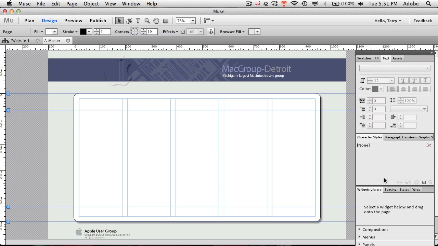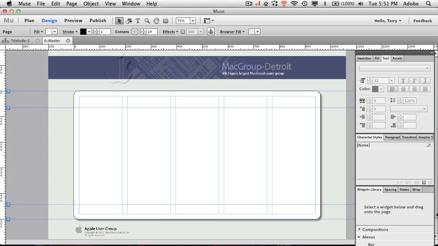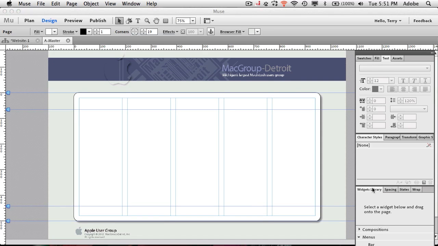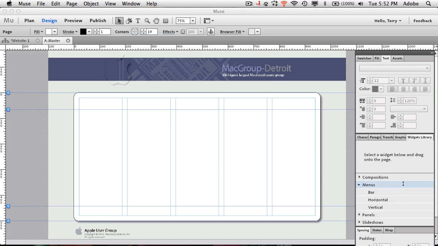Well, you have this widgets library, and in this widgets library, there's a menus option. And if we scroll down here, let's see, we might need to pull this up. I'm at such a low resolution, I may not be able to get to it. There we go. So we want a horizontal menu bar, or we want an actual menu bar. So we can drag out a bar, we can make it horizontal or vertical, and let's go ahead and just